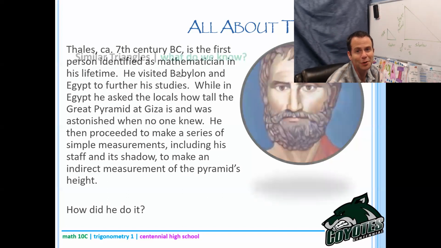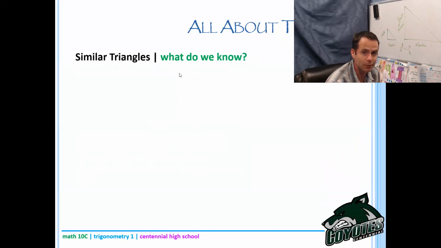So that is what we know. My next question is, what do you know about similar triangles? But that is what we know. Similar triangles are 2 triangles that are essentially enlargements or reductions of each other. Their angles have to be the same, and then their corresponding sides are in proportion to each other,